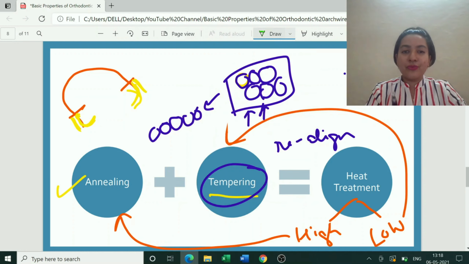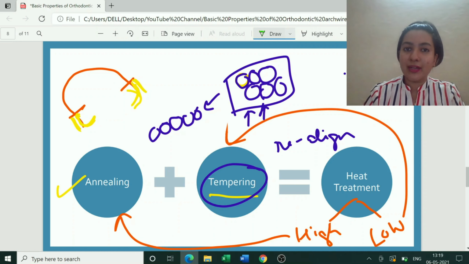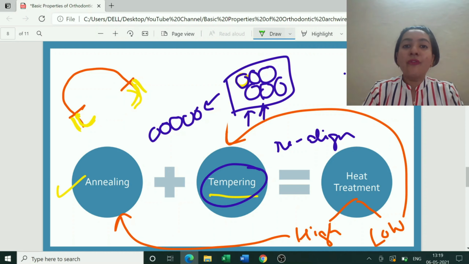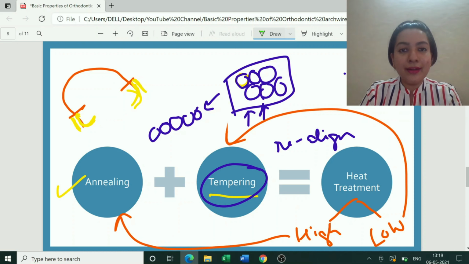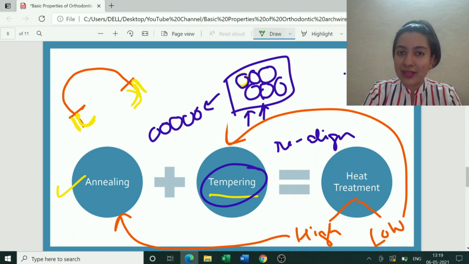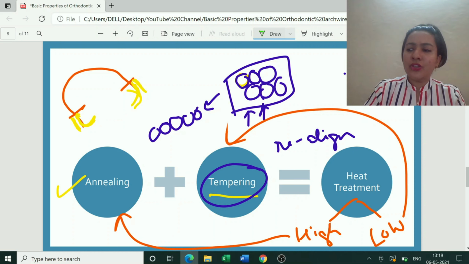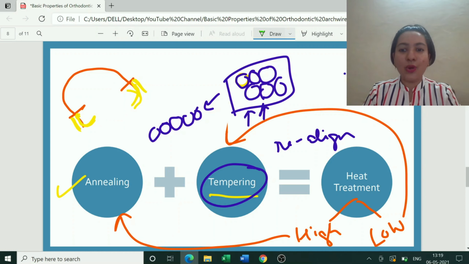Okay. So what we saw, heat treatment, is broadly classified as high heat treatment and low heat treatment. High heat treatment means annealing. Low heat treatment means tempering. What is done in high heat treatment, in annealing? For example, if we have a nitinol wire, when we want to bend it, we heat it at a high temperature, quench it, it becomes a little formable and we can bend it. In low heat treatment, our motive is to release all the stresses which are incorporated into the wire, thereby leading to realignment of the molecules. So just a light movement of the wire over the flame, low heat treatment is done to release all the stresses and realign the molecules. I hope this is clear.